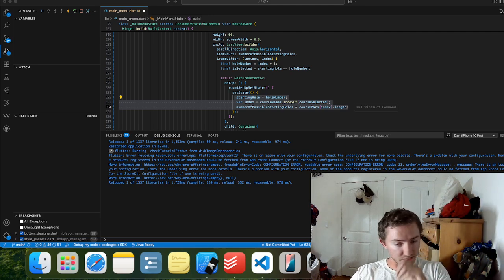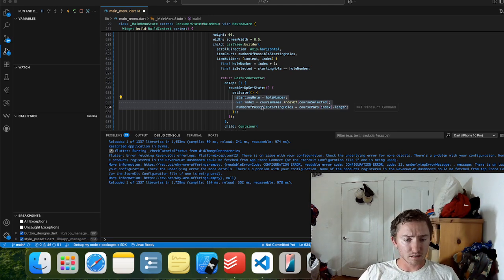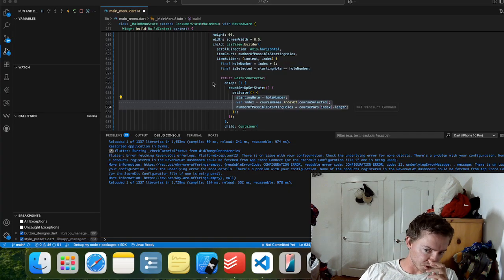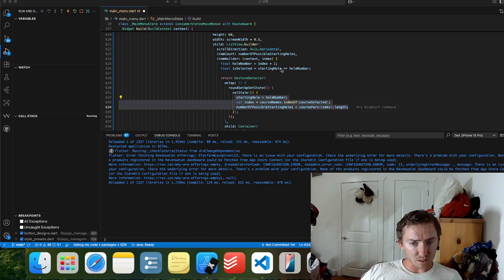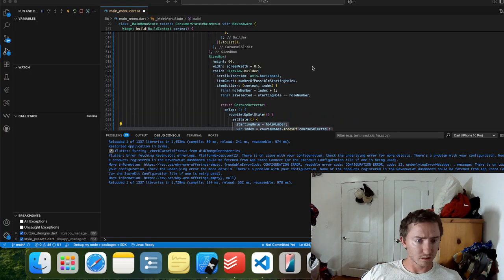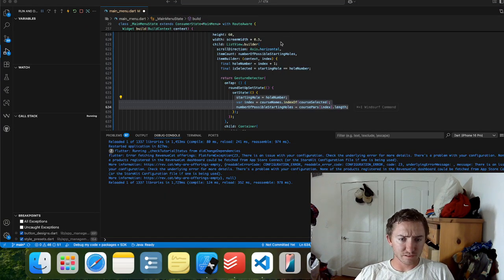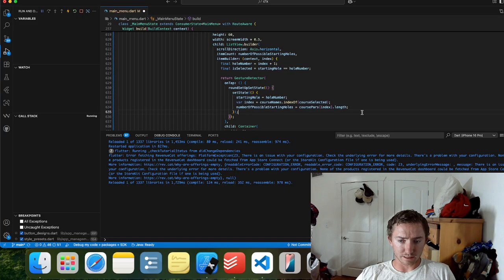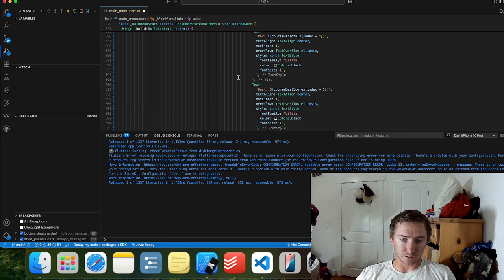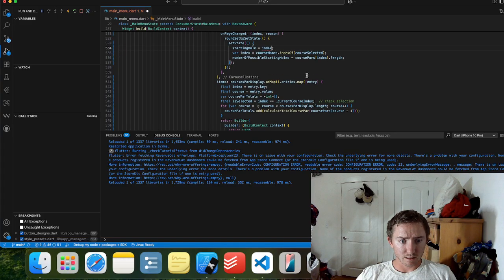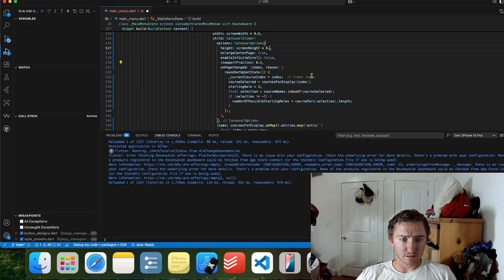All right. So number of possible starting holes is equal to course pars. Why was I doing that when this changed? Item count. On tap, I don't think I needed to set that at all. I don't think I needed to set either of these. There's probably a much easier way to do this. There certainly is, which is